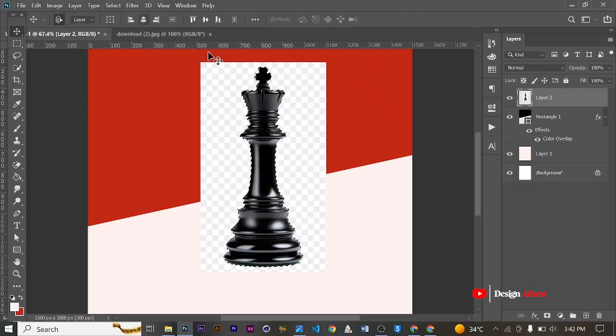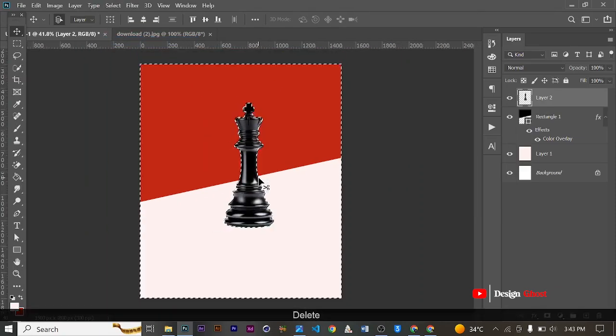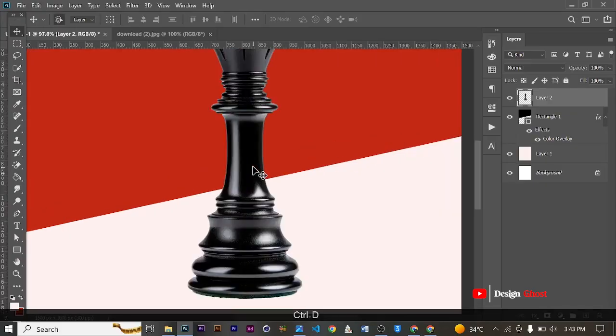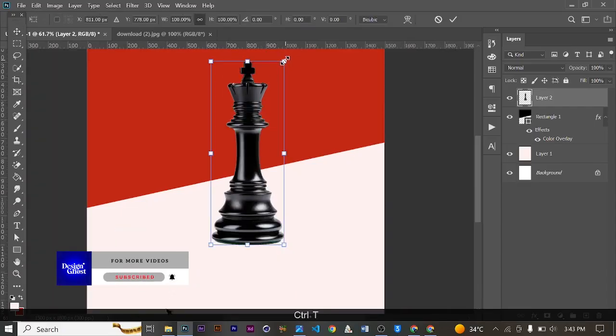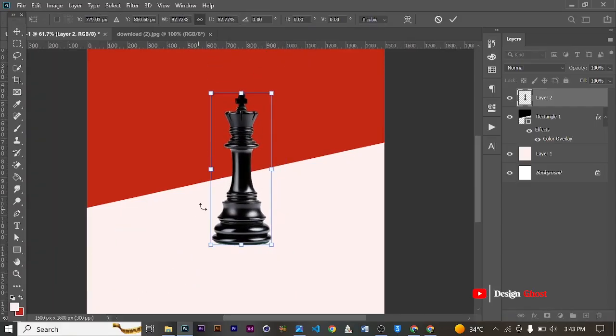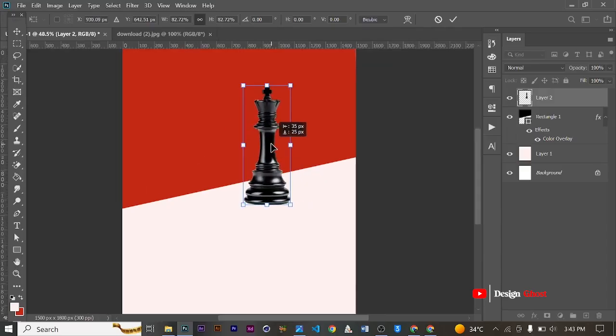Then we come to select, then we invert the selection, then we hit delete, then off, it's gone. Control D to deselect, and now we have a cheese piece. So we are going to decrease it a bit, and we are going to position it somewhere here. Okay,